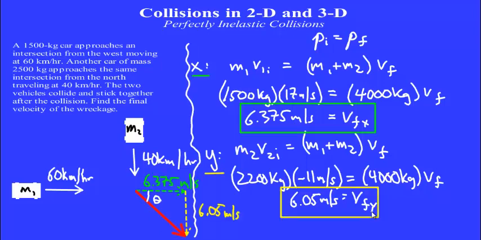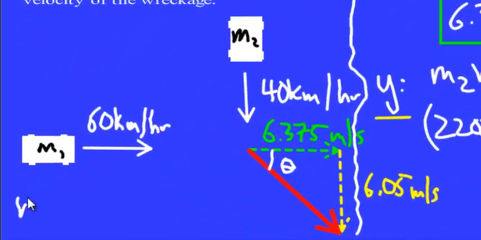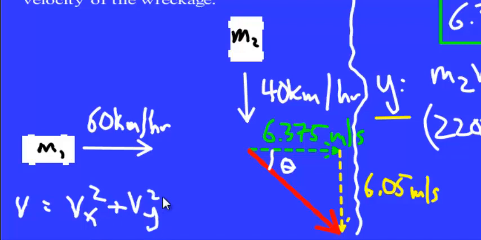Okay, I did some color coding and wrote out the vectors by component. All right, and what we're after, of course, is the magnitude and direction of that red arrow, which represents the total momentum of the wreckage after the collision. Now remember, this should be a momentum right triangle. So I've just written out the velocities here. You know what to do with x and y components. If we want the total velocity, we're just going to do the following. Okay, and I won't plug in the numbers here, but the result of this is